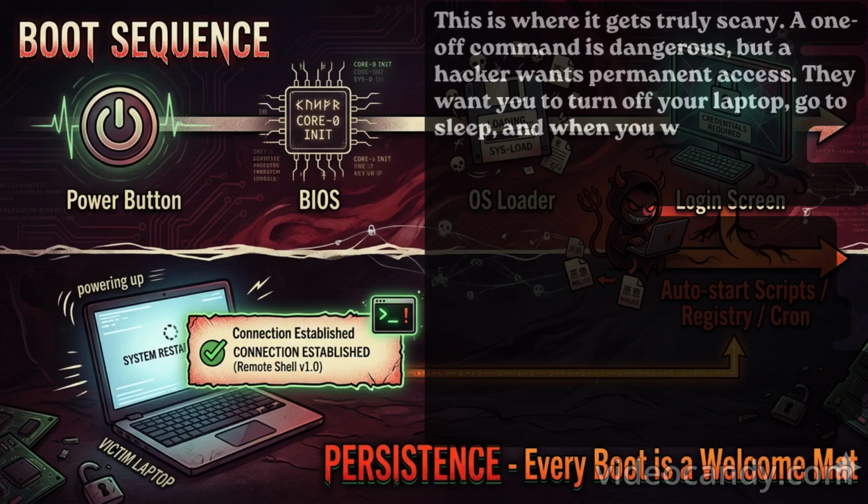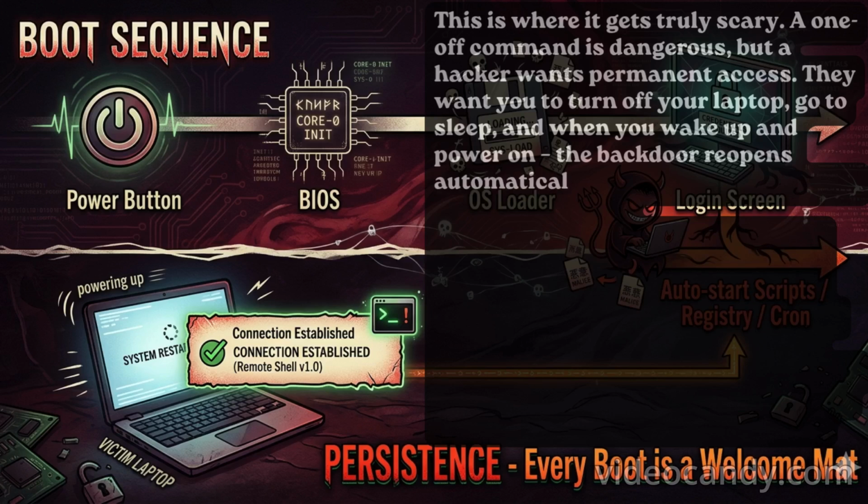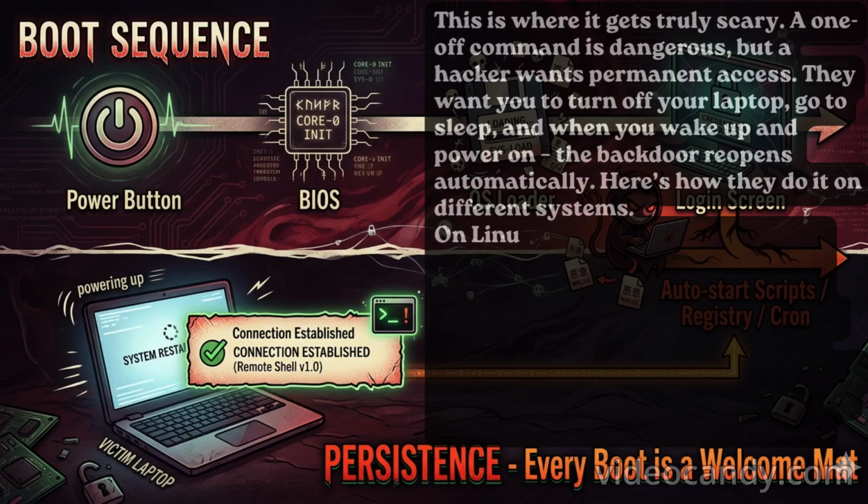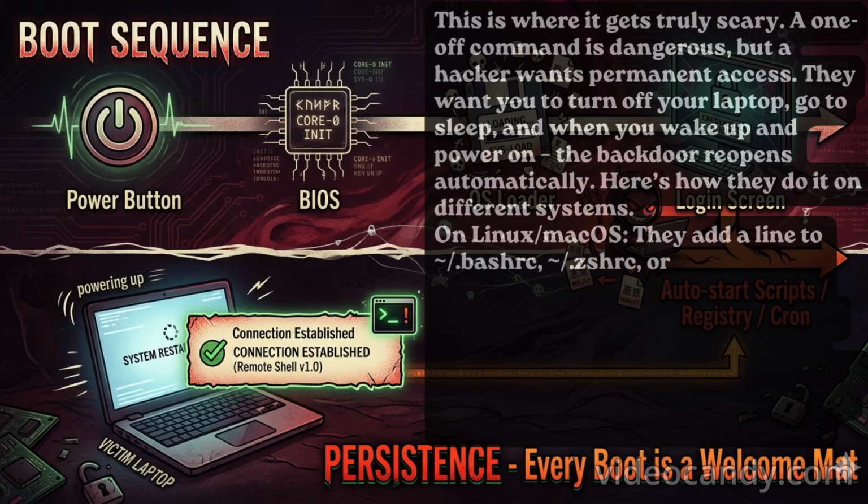Here's how they do it on different systems. On Linux or macOS, they add a line to ~/.bashrc or ~/.zshrc or the /etc/rc.local file that runs commands at startup.